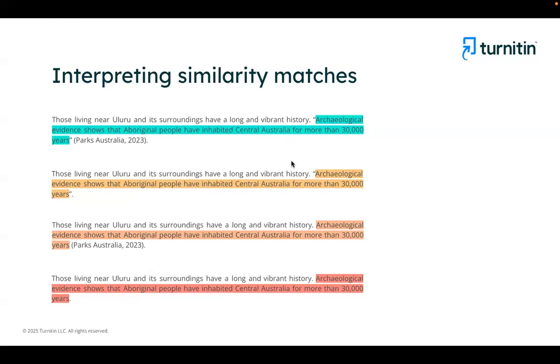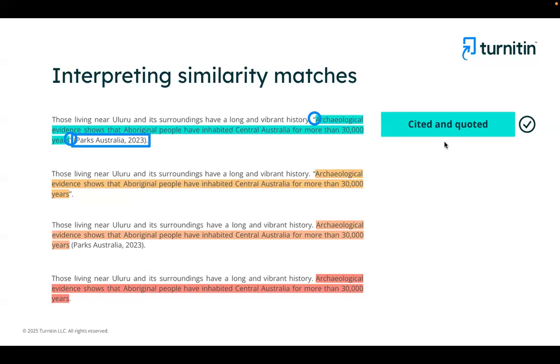Any text in the paper that you find highlighted in green color has proper quotation marks and proper citations added. That means they are well cited and well quoted texts. So any text that was copied from a different source but has been properly acknowledged is highlighted in green color. These are the texts that don't need much of your attention. You do not have to make any changes over here. Even if this is a similarity text, it is not considered plagiarized because it has been well acknowledged.